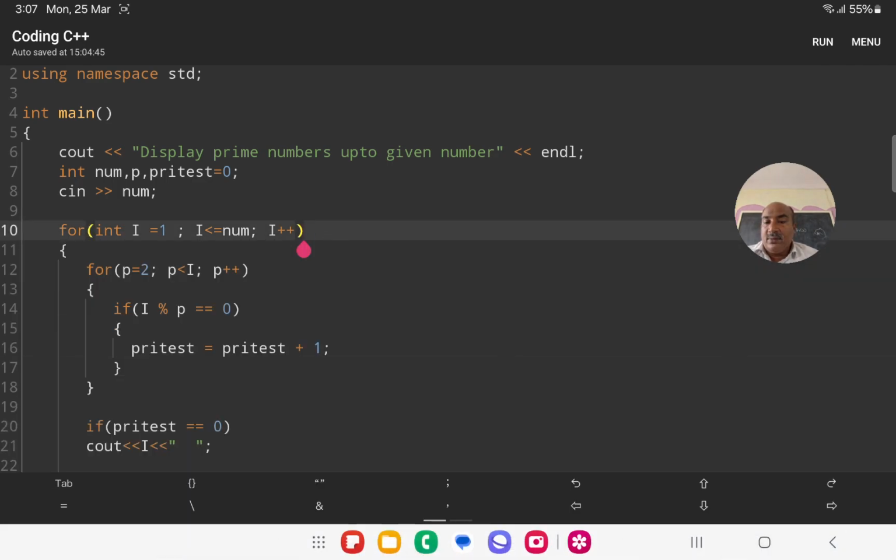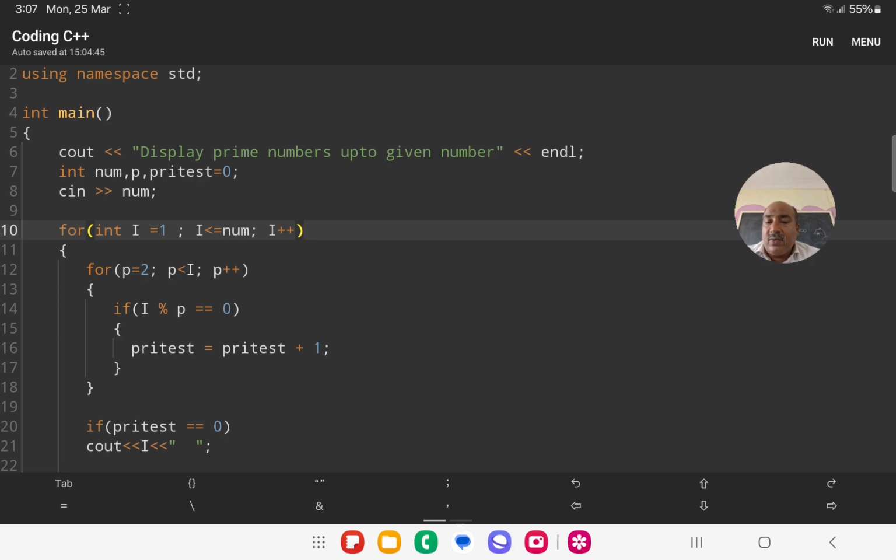Now coming to the logic. For loop, int i equals 1, i less than or equal to num, i plus plus. That means from 1 to number 100, it will check whether each is a prime number or not. Then for p equals 2, because why do we take p?